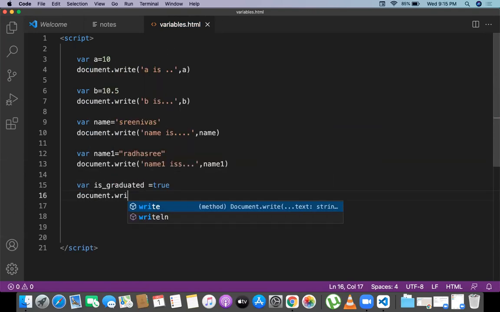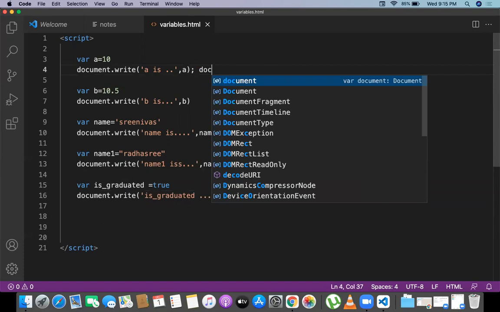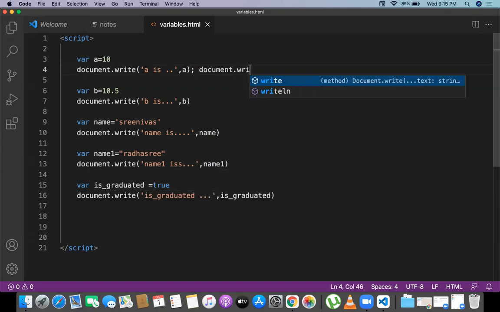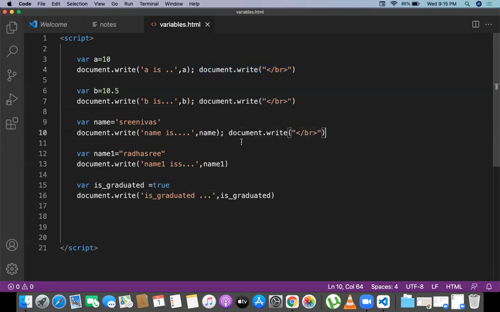Document.write is graduated or not. Okay, is graduated. So just give the comma and the variable name is graduated. And every time I need to take a break, so that is the reason I'm taking a break now. So document.write break, so br, every time break is required, just copy that, paste here,